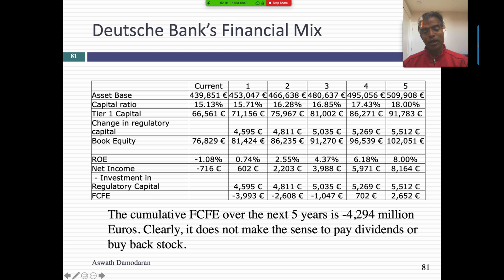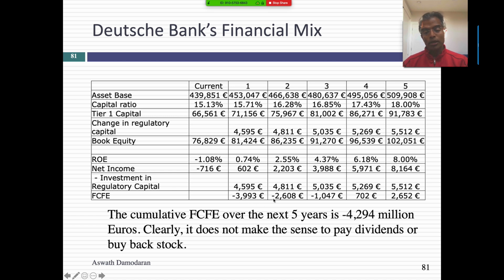Deutsche needs 4,595 million in new regulatory capital next year in a change in book value. It's going to have only 602 million in net income. That's based on my projections. If it doesn't pay a dividend, and I would advise it not to pay a dividend, it can take the 602 million, use it to cover some of that 4,595, but it'll still have to raise 3,993 million in new